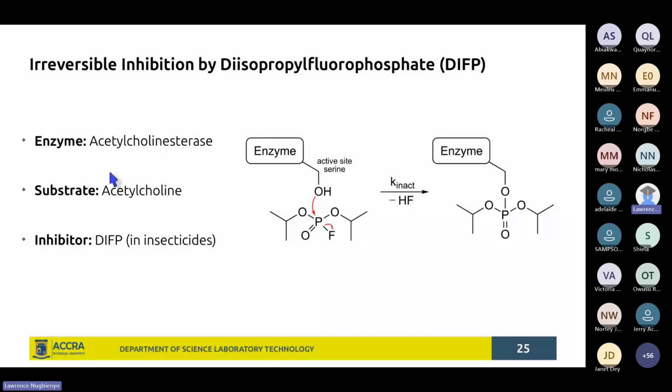So some of these substances, like DRFP, chronic exposure to some of these, even in humans, can result in serious health problems. Because of the accumulation of these over time, for instance, many of these substances are lipophilic, and they can get accumulated in the adipose tissue. And maybe in small amounts, you may not feel the effects immediately, but when they get accumulated in the adipose tissue over time,